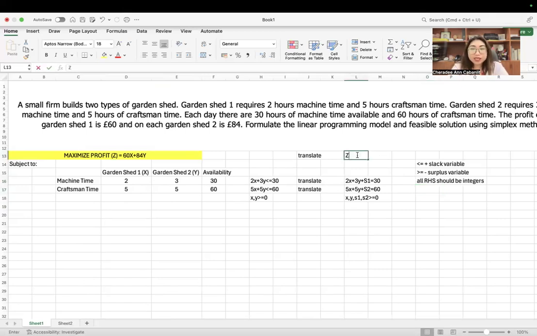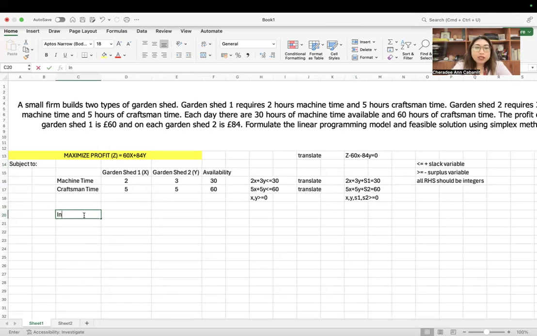So that becomes z minus 60x minus 84y equals 0. That is now your new objective function, because we will be translating that into Tableau.